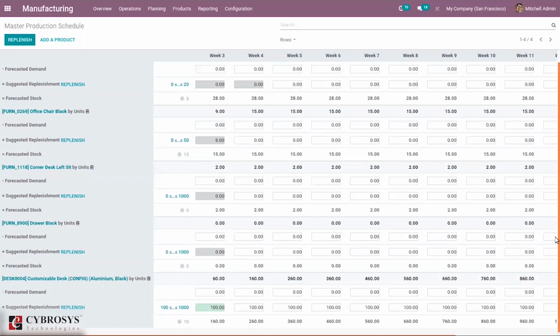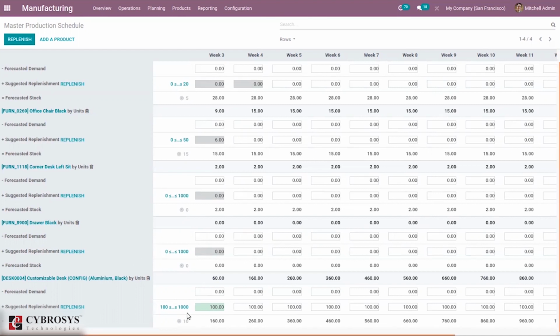So this is because we have set minimum to be replenished as 100. So you can see for this replenishment, it is between 100 and 1000. So for each period 100 is a quantity to be replenished, and you can see 10 here, which is a safety stock.